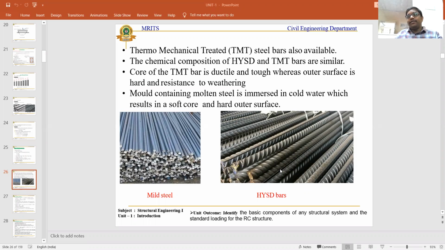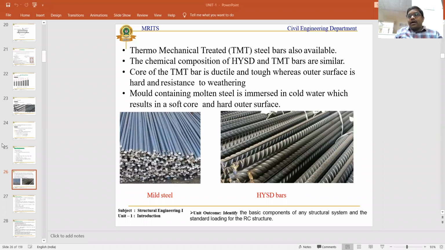How are we going to consider these floor to floor heights and the different types of loads acting on the beams and columns? We have code books for the design of RCC structures: IS 875 Part 1, which deals only with the dead loads, IS 875 Part 2, which deals with the live loads, and IS 875 Part 3, which deals with the wind loads, and IS 1893 2002, which deals only with the earthquake loads.